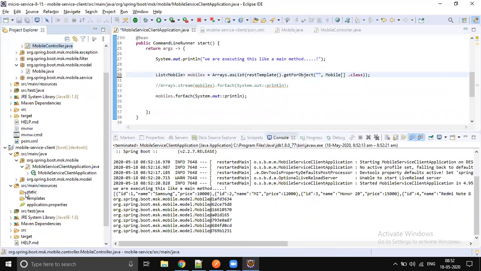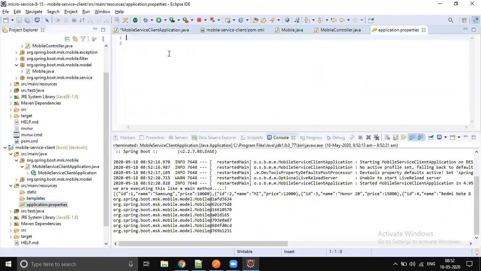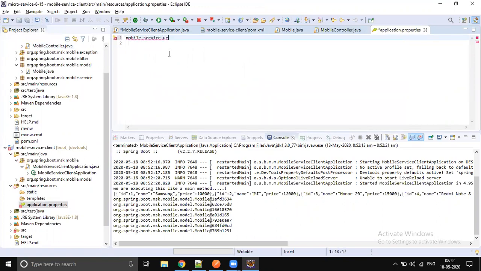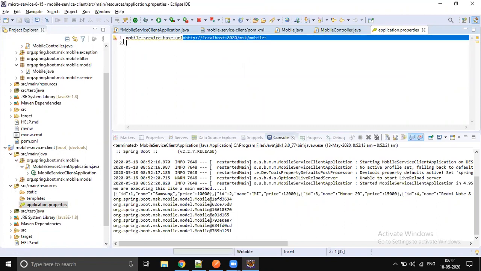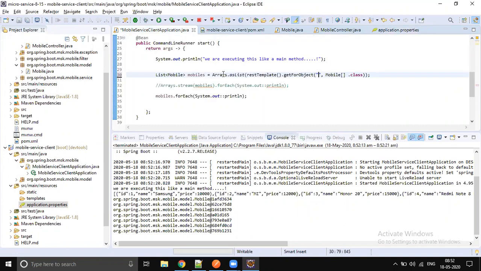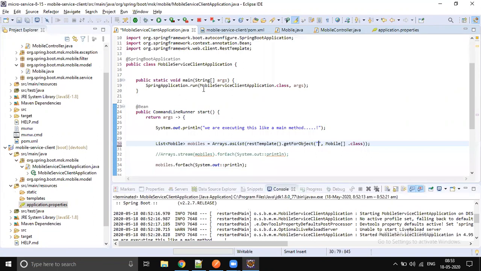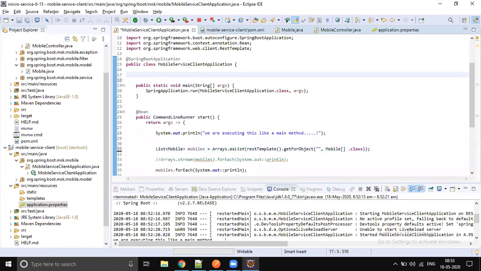In the client, we have application.properties. So you can give the mobile service URL, or its base URL: mobile service base URL equals this, and you just get this string into our client application. We already discussed there are so many ways you can retrieve it. One is get value, and another one is environment or configuration properties.